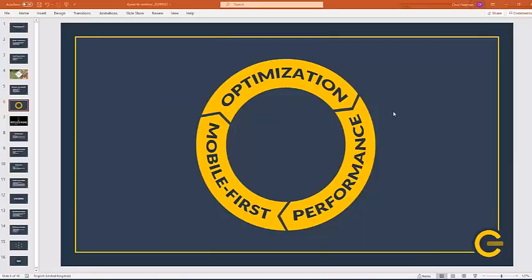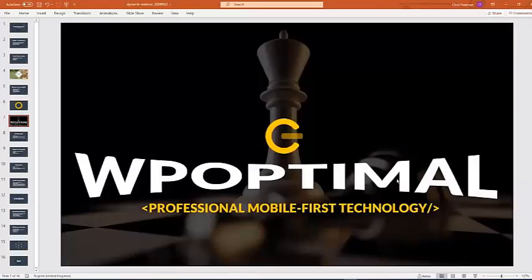Like I said, since last year we've been developing a new piece of software, Dynamic Plus, if you like. Like I mentioned previously, it wasn't a viable option to get Dynamic up to date. It would require a whole rewrite, and we figured, okay, if we're going to have to rewrite everything anyway, then let's go and study what we actually need. What are the Google specifications? What are the mobile first technology specifications? And what do we need to have in place for better performance, also from a core web vitals perspective, so that we get good ranking? And what we came up with is new software which we call WPOptimal,